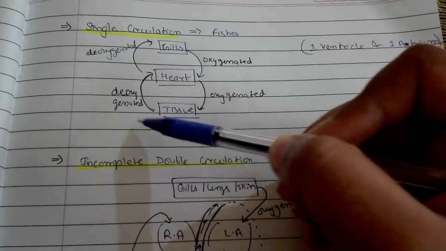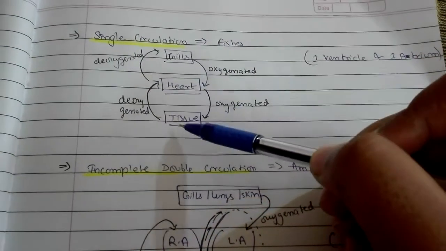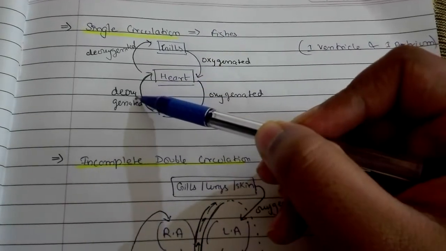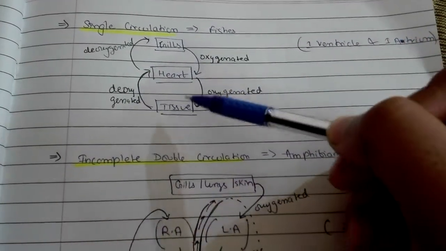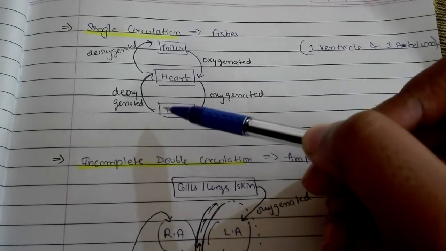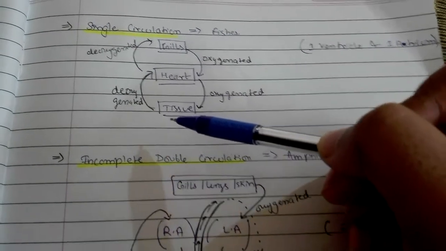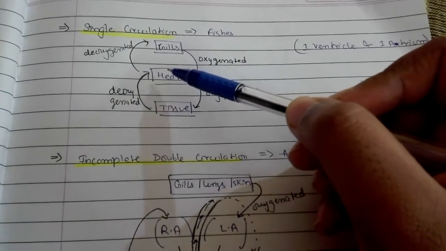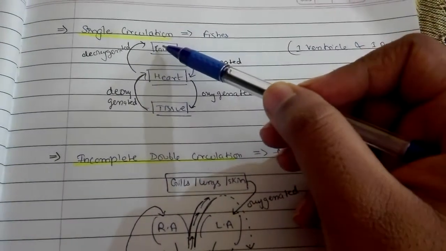Now the tissue goes back to the heart by giving deoxygenated blood. This oxygenated blood has turned into deoxygenated blood only because the tissues have used the oxygen to make ATP, that is the energy currency. Now the deoxygenated blood goes back to the heart,